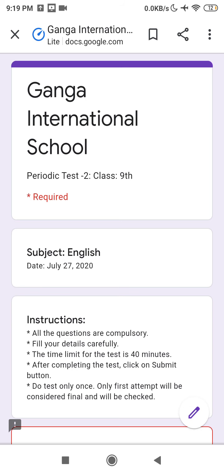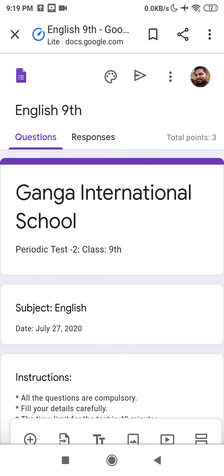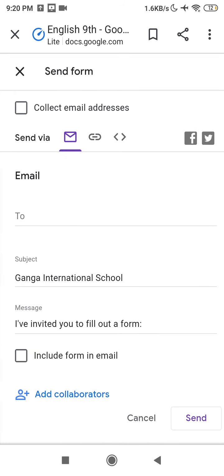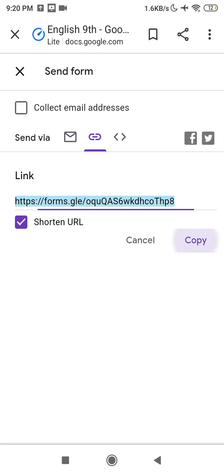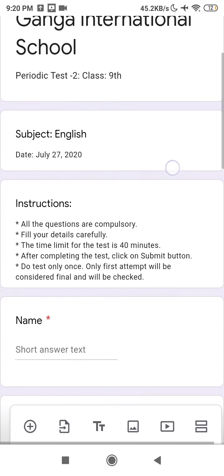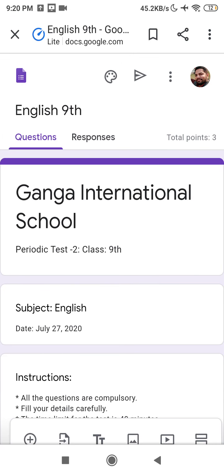So in this way you have to write all the question papers and prepare them, and once you have prepared them you will click on this send button, click on the second option, shorten the link, copy that, and that will be sent to the concerned person, and then after that to the students. So this is the way in which you have to make the question paper. Now one more thing you have to make sure is that while preparing the question paper you have to be logged in with your Gmail ID on Google, like I have put up here. So in this way you have to do that.